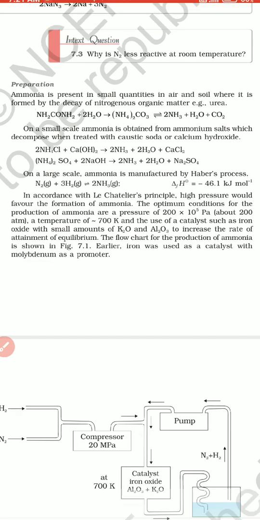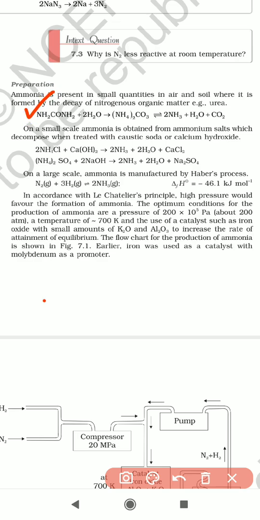If you want a larger quantity of ammonia, such as for urea, we have to use the Haber process. By using some other methods, we get only a very small quantity of ammonia. So how can we prepare a smaller quantity of ammonia? Let us see that. The first one is